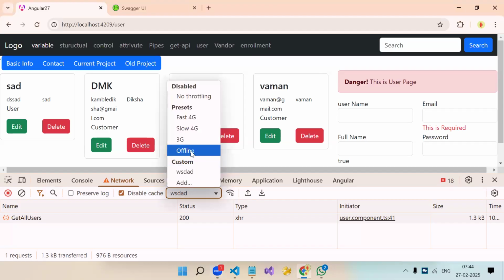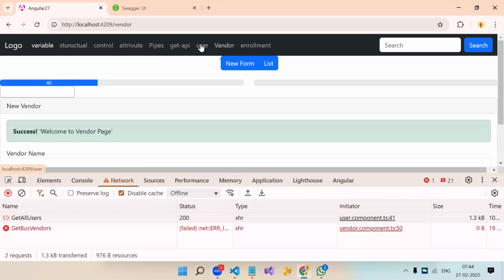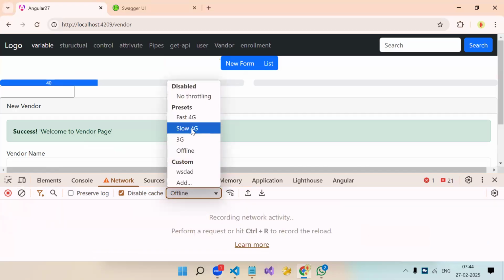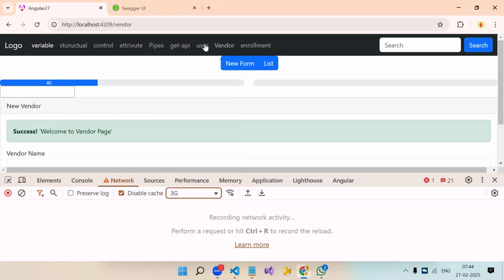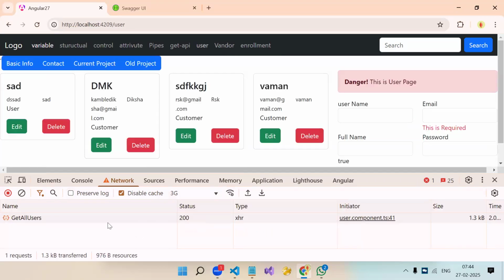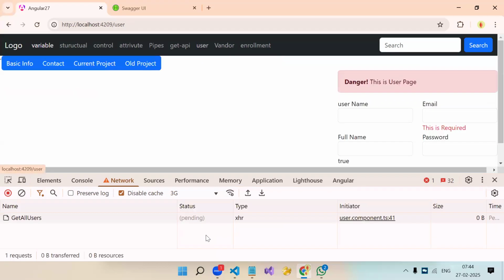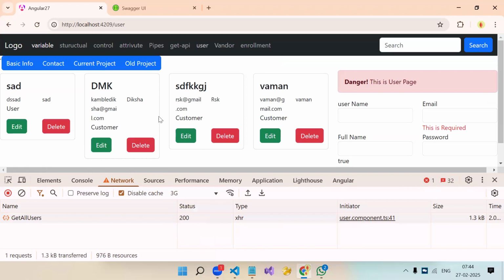See, let me make it slower. Slow for you also, wait time. User. Okay, so see now. Let me do it again. When I navigate back to the user page, see, the API call is pending. Currently, we didn't have anything. It was blank over here. So instead of blank, we have to show a loader over here, to inform the user that something is loading. And once we get the data, then our card should come. Right? So how do we do it?